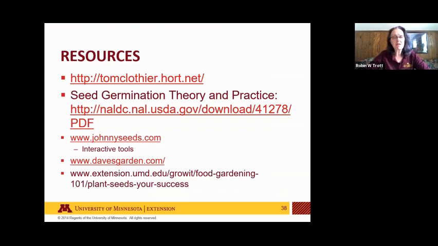Resources, if you'd like to start your seeds, one of the best resources out there is tomclothier.hort.net. It's Tom Clothier's Garden Walk and Talk, and they have a seed germination database for annuals and perennials, for vegetables, and it talks about disease and all sorts of things. There's also the USDA's seed germination theory and practice. I really like Johnny's Seeds because they have interactive tools. They will help you figure out what your frost-free date is. They'll help you figure out when to start your seeds. Dave's Garden is a nice place to go if you want to learn a little bit about plants. And then if you go to Extension, you can find all sorts of things, like Food Gardening 101, to plant seeds